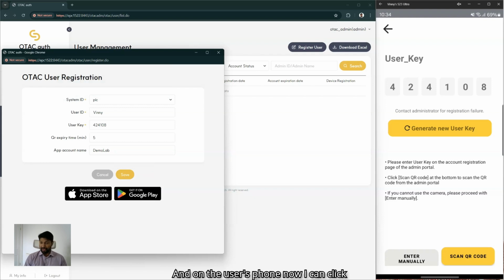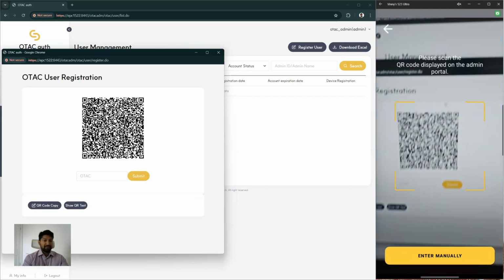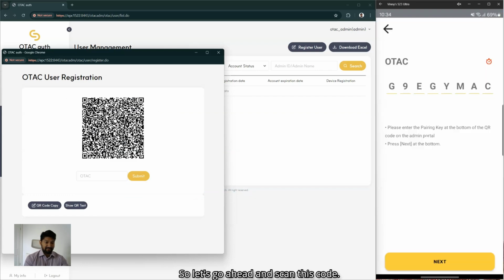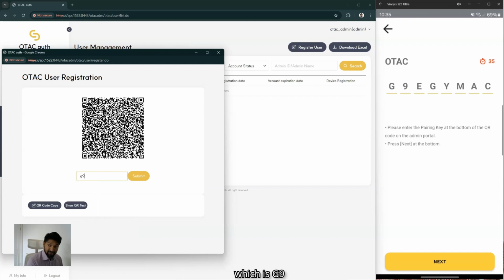And on the user's phone now, I can click on Scan QR code once the QR code's been displayed on the admin portal. So let's go ahead and scan this code. So once the QR code's been scanned, remember that this QR code is displaying the secret data, which is encrypted with the user's key. And at this point, we've exchanged successfully the secret data between the user's mobile app and the server. And to make sure everything's working fine, it's generated the OTAC code for the first time, which we're going to input here, which is